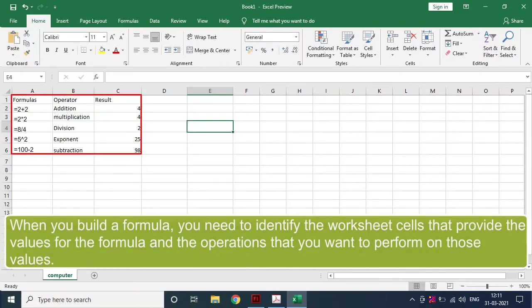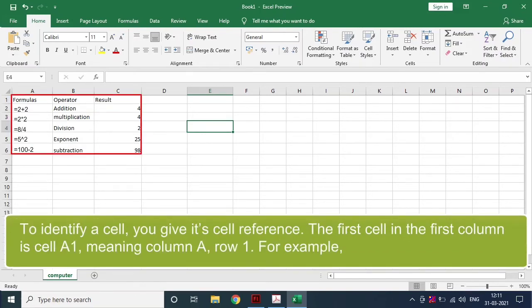when you build a formula, you need to identify the worksheet cells that provide the values for the formula and the operations that you want to perform on those values. To identify a cell, you give it a cell reference. The first cell in the first column is cell A1, meaning column A, row 1, for example.